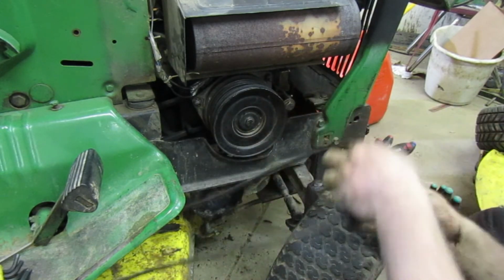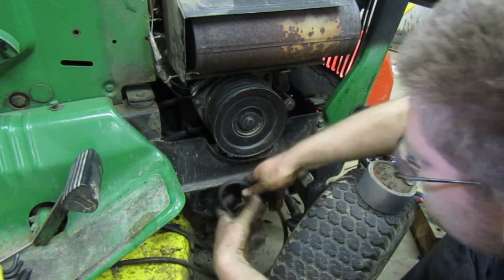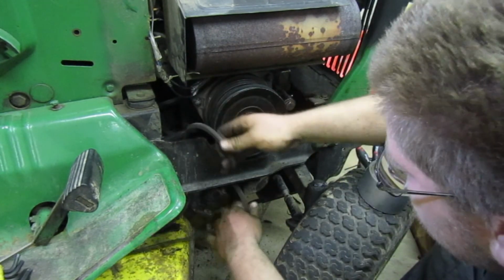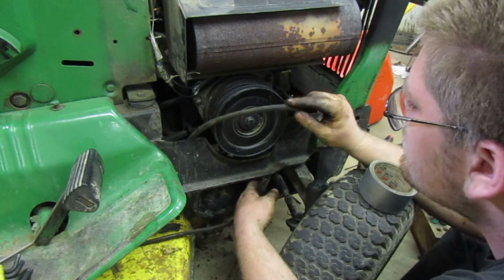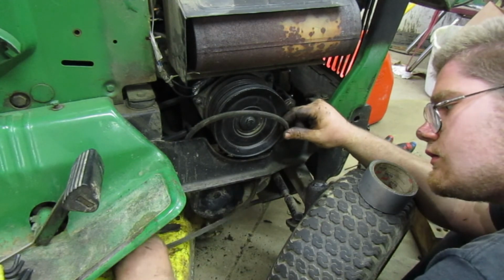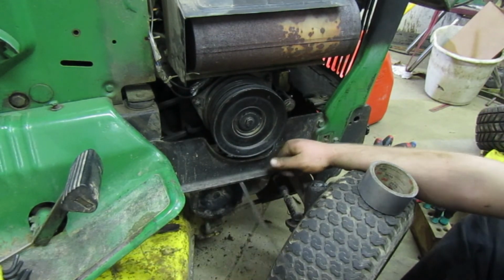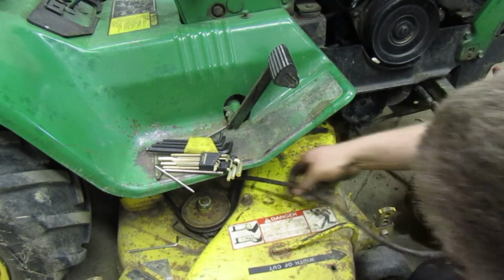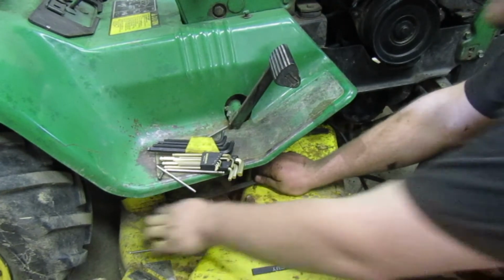Let's see, so that is how it goes. So we want this one to go on that pulley. No. Hang on guys, let me get this the way it needs to be. Let's see, okay. Turn that around. Once we get this turned around,